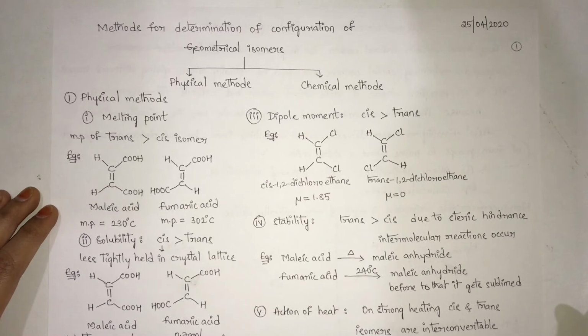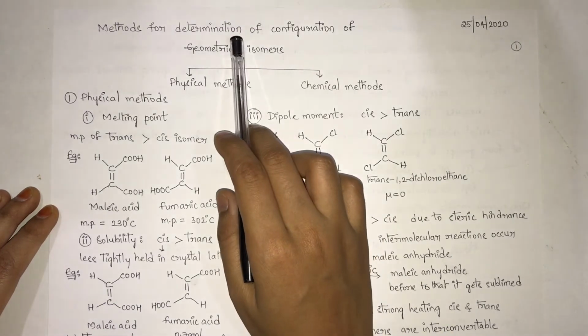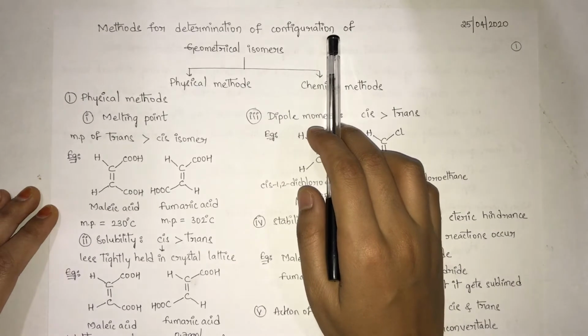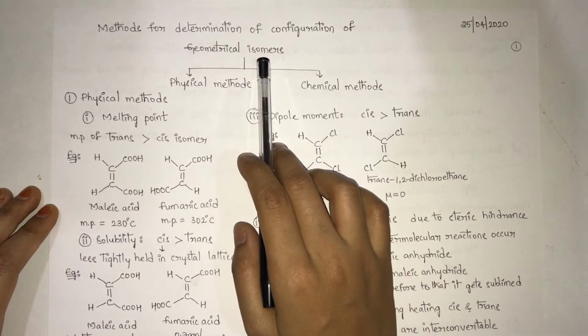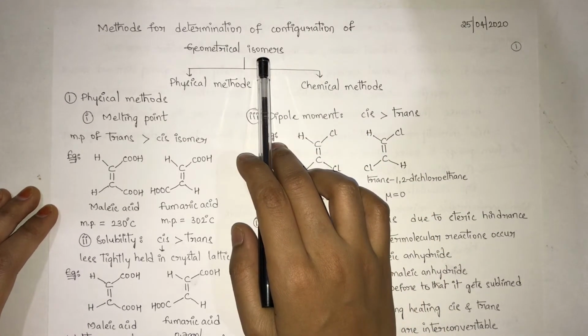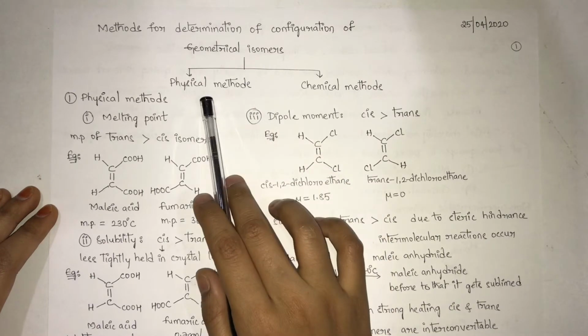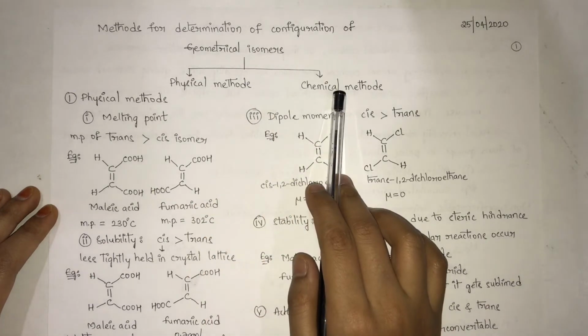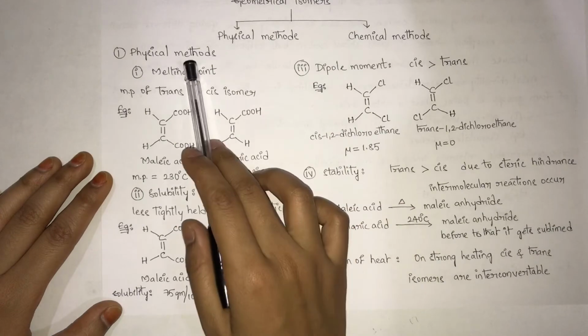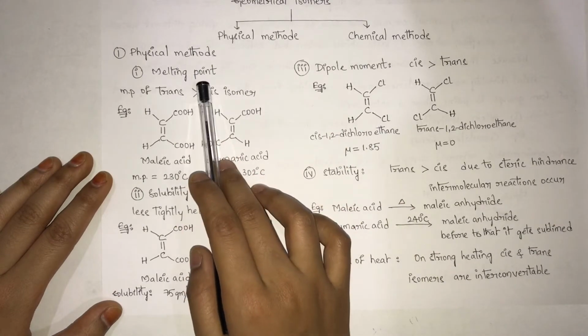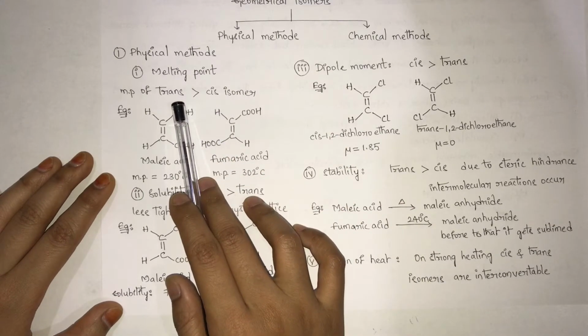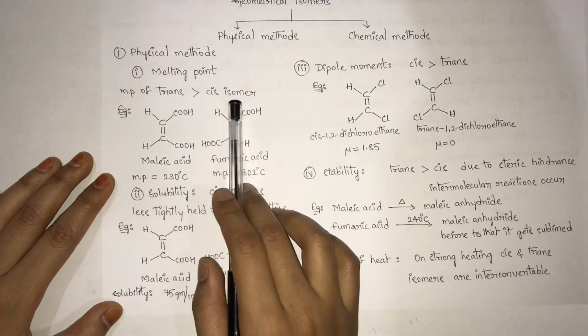Today we will discuss methods for determination of configuration of geometrical isomers. The configuration of geometrical isomers can be determined by two methods, either physical methods or chemical methods. Physical methods. First one, melting point, where the melting point of trans isomer is greater than that of cis isomer,